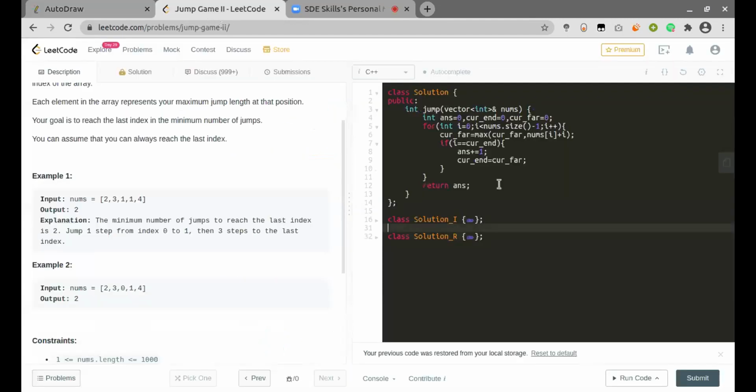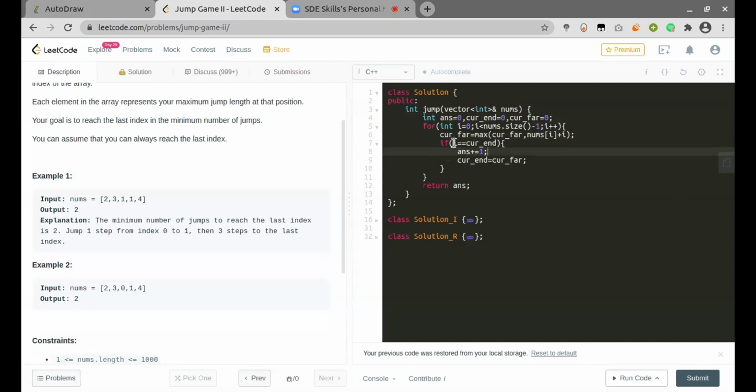If we see the implementation, I've taken the same variables, which is current end, which denotes whatever the current end I can get through using this number of steps, which is my answer. And the current far is the farthest index I can get through till the current index which I covered. So this is just the maximum of the index of the current value and the value itself.